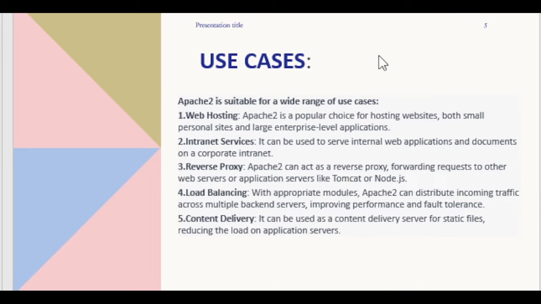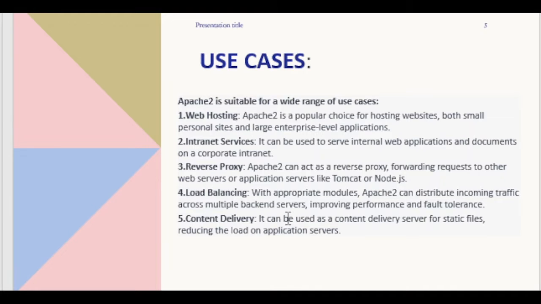Use cases where Apache 2 is used are web hosting, internet services, and reverse proxy, and it provides one kind of load balancing. If suddenly 20 users come to your website, it will adjust and provide load balancing, and it will give all the users access based on the requirement. It also provides reverse proxy. If you're going to use Tomcat and Node.js, it can act as a reverse proxy. And content, whatever content you're going to host as static files on the server, can be delivered